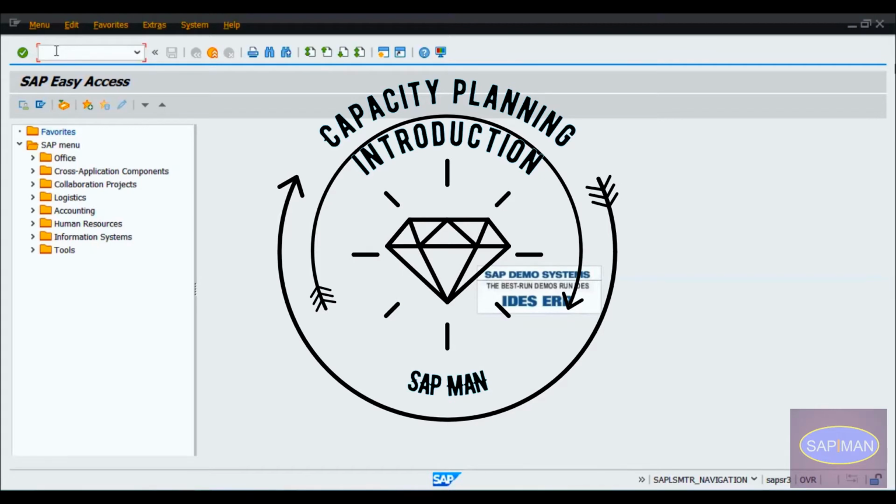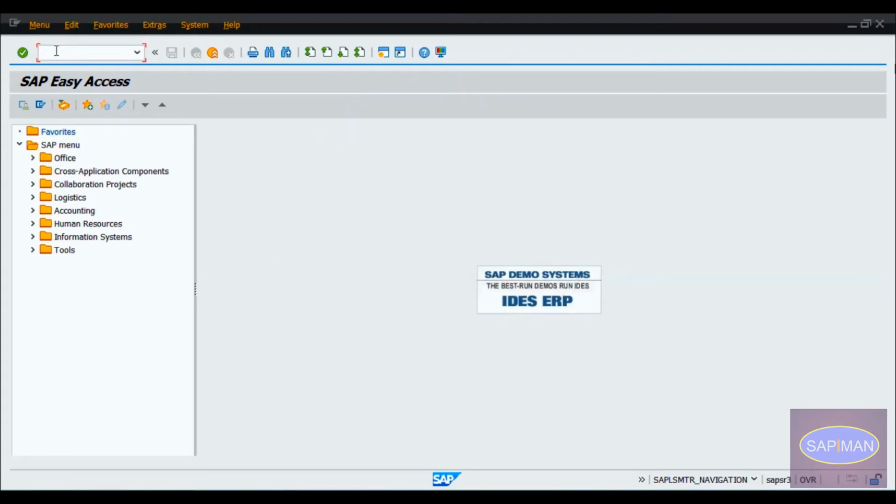Yeah. So, there are some prerequisites. First of all, when you talk about capacity planning, the first thing is your work center should be relevant to finite scheduling. Finite scheduling is nothing but capacity planning. In other terms, we call it capacity planning. So basically, when you go to check your work center,